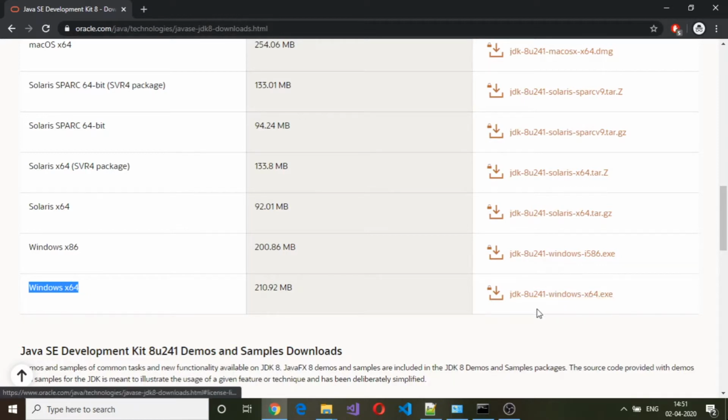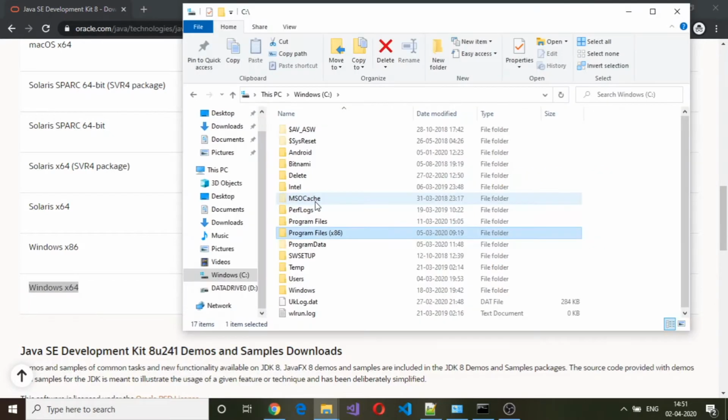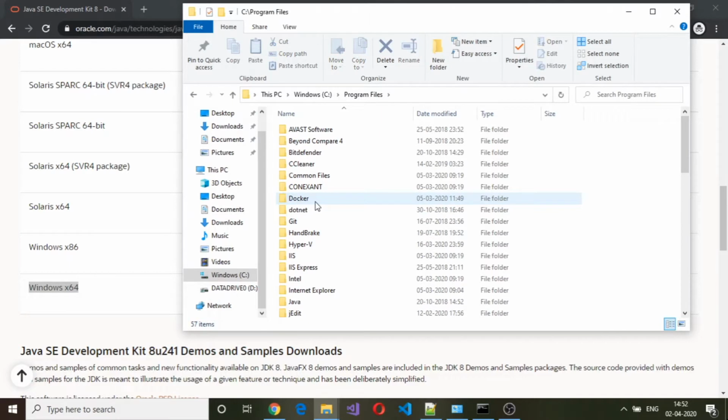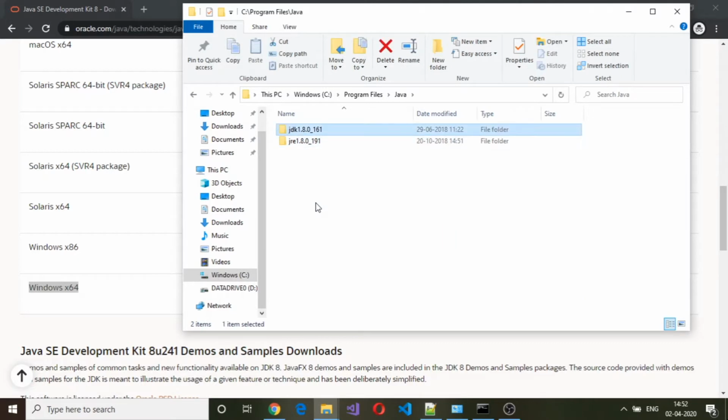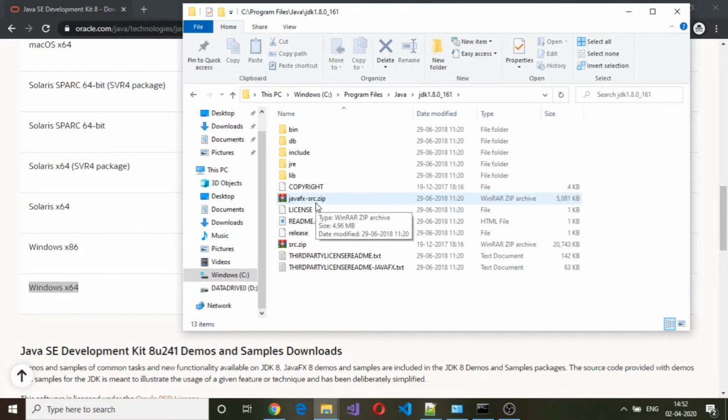to download. So once you download this, the installation is straightforward. You click next, next, next, and then the JDK will get installed. The folder which I have chosen is the default folder, which is C program files, Java, and JDK. Okay, so this is my base folder where my JDK got installed.